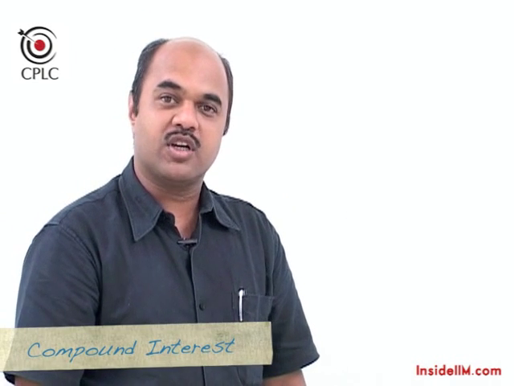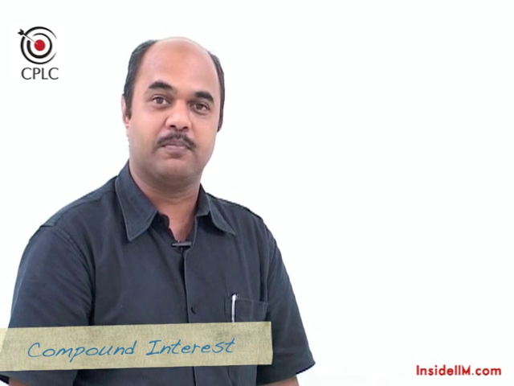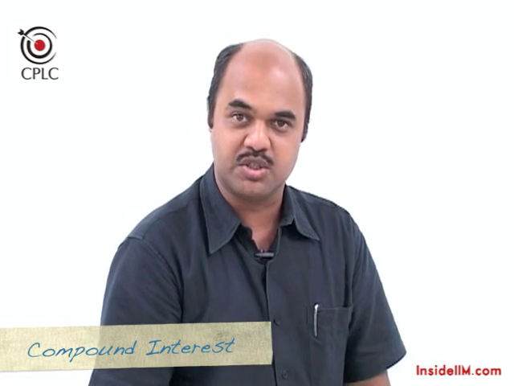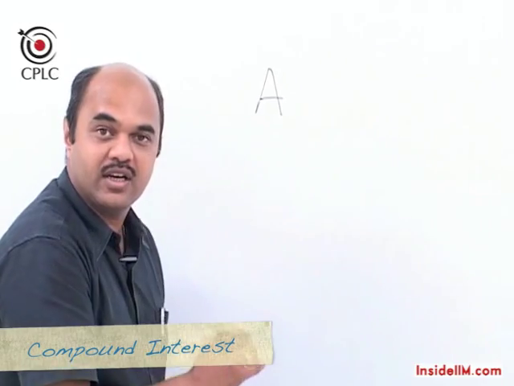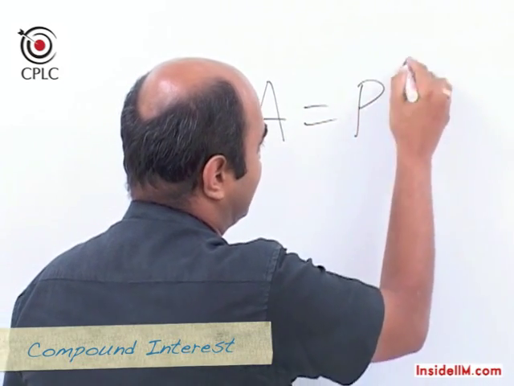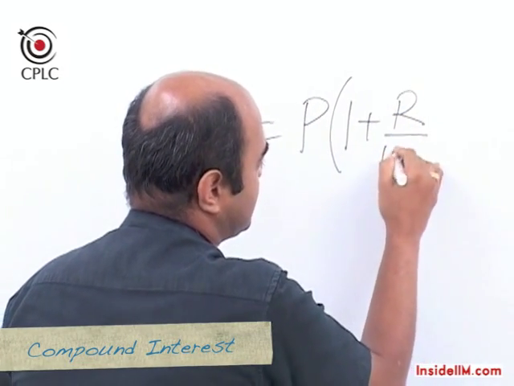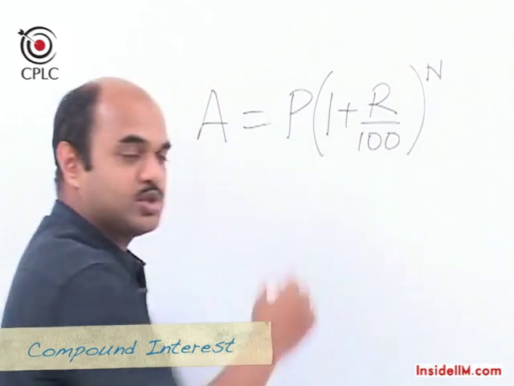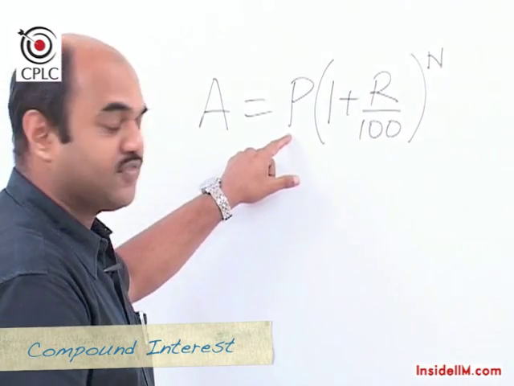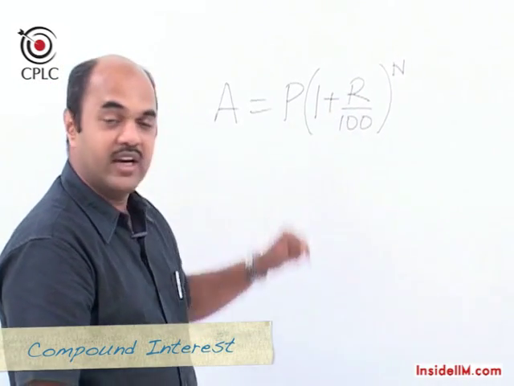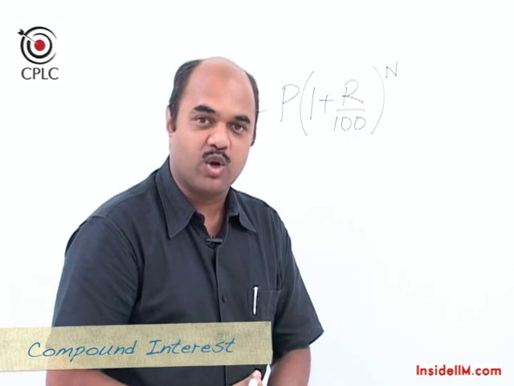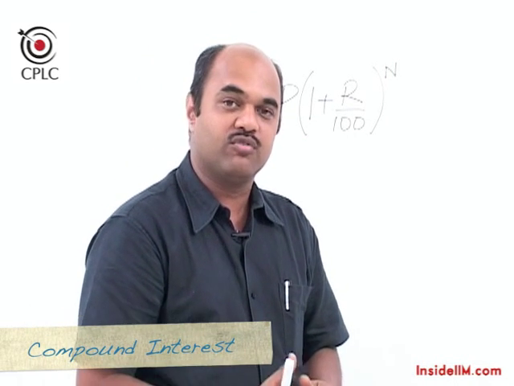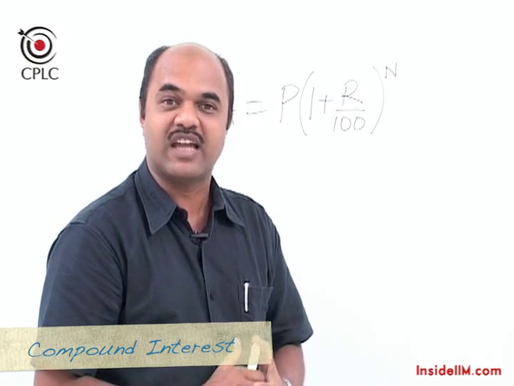If we now move on to the compound interest situation, where we've already discussed that compounding means that the principal keeps changing, the formula we write is directly for amount, which is given as P into 1 plus R upon 100, the whole raised to N. Once again, P stands for the principal, R stands for the rate of interest % per annum, and N we cannot call the number of years anymore. We will have to refer to N as the number of time periods.